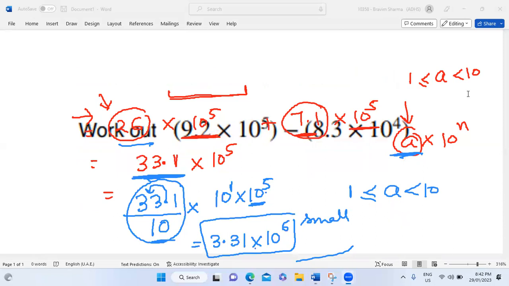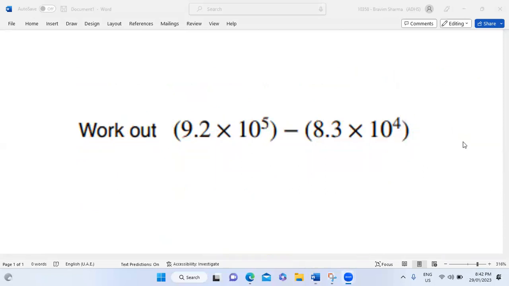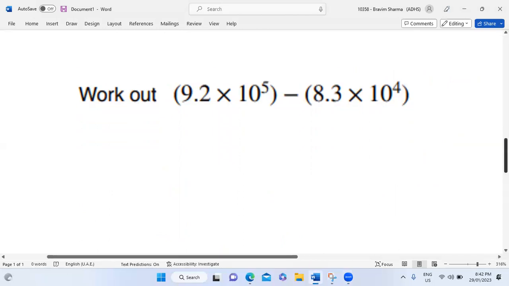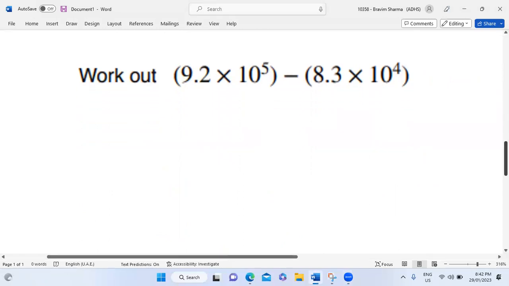Subtraction also follows the same rule. Therefore, I kept one question for subtraction and one for addition. Again, this 10 raised to the power part must be the same. Now here I have 10 to the power of 5 and here I have 10 raised to the power of